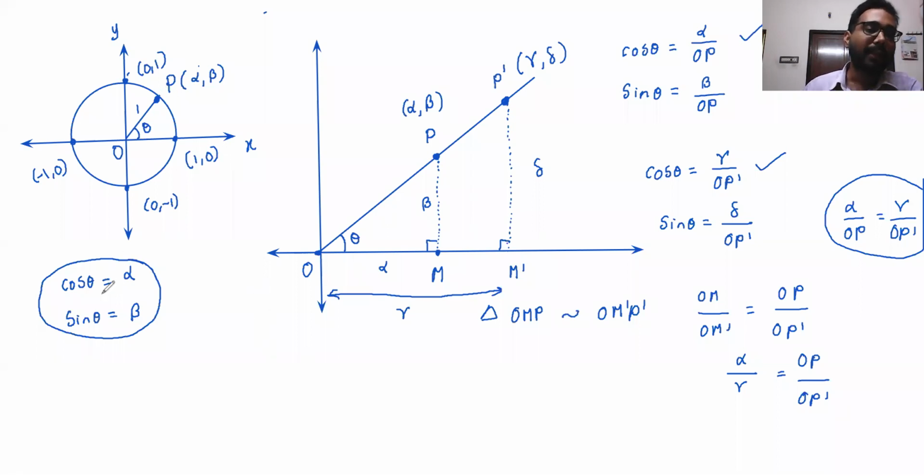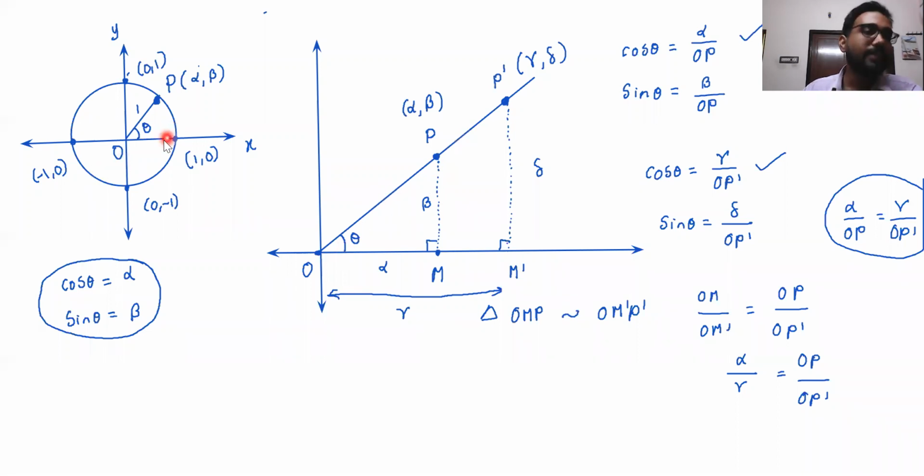Whatever angle you tell me, I can simply draw a line OP with that angle and just find the coordinates of P on this unit circle, because I am making sure that the distance I am taking is 1 unit. So I'm restricting OP to 1 because that will be easy. In fact, we have proved that OP can be anything, so it doesn't matter. The ratio will always remain the same. So for the sake of convenience, we take this as 1 unit.